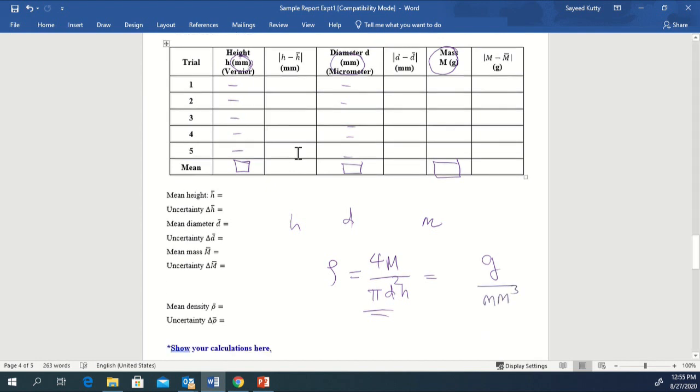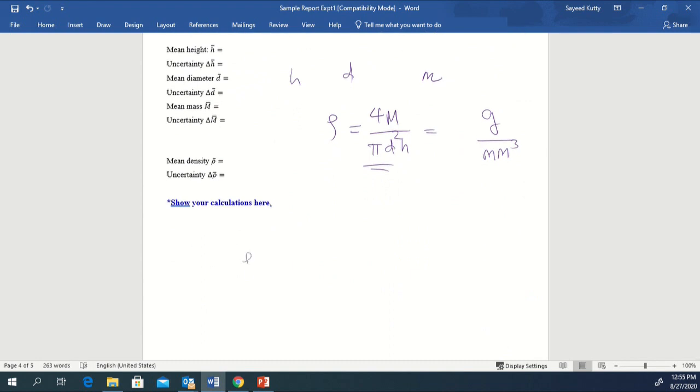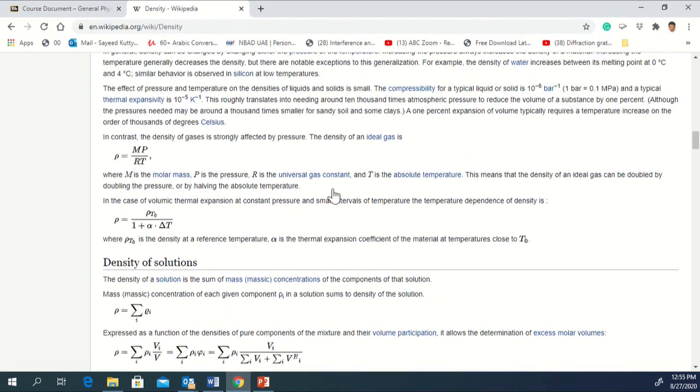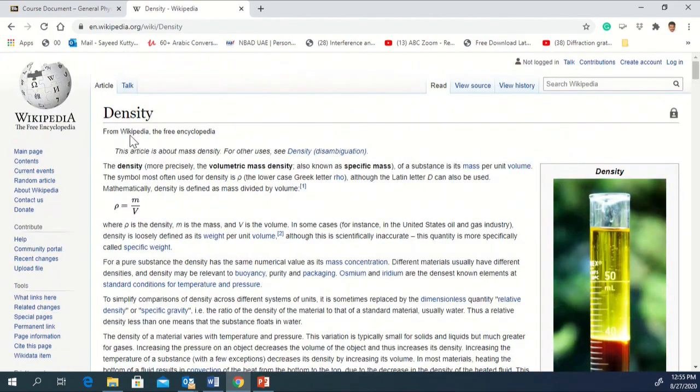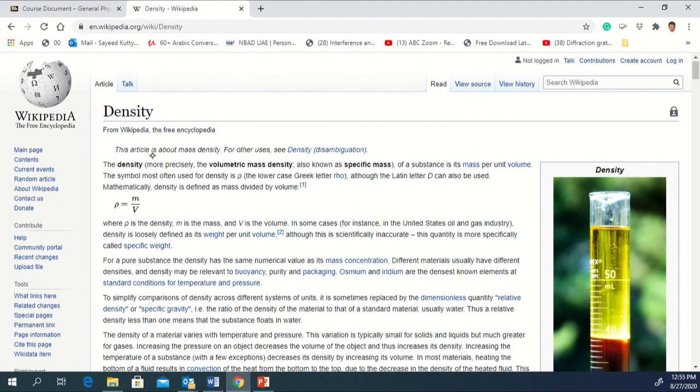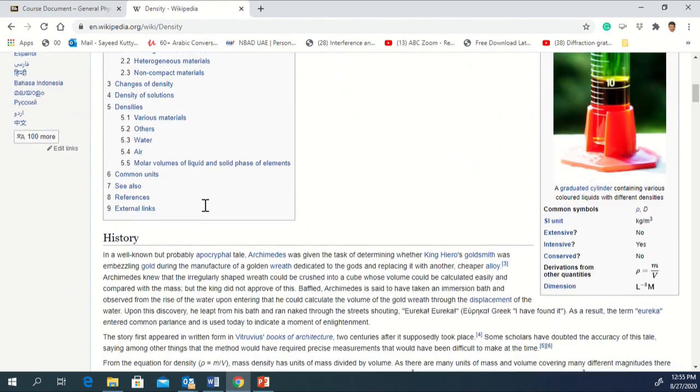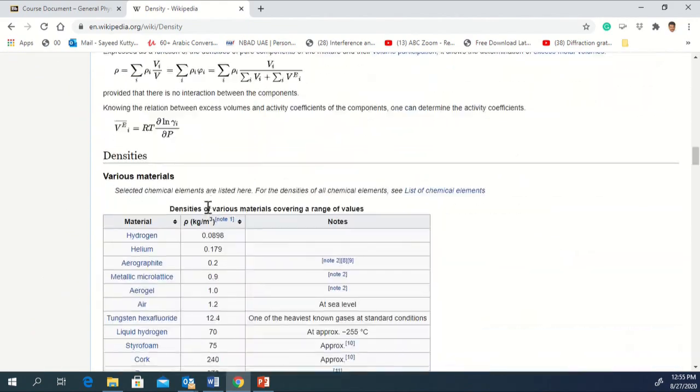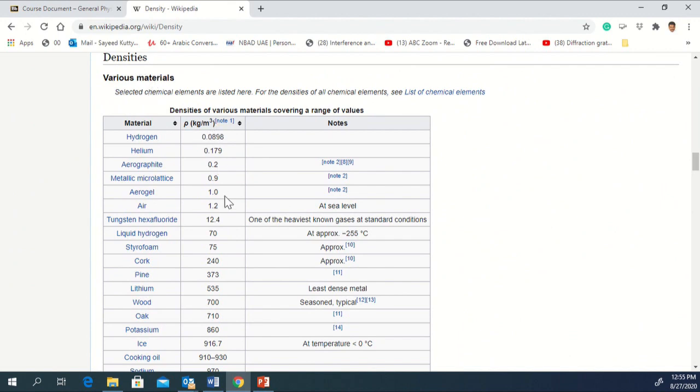Now you need to convert that into the standard unit. Imagine while you are doing the experiment, you converted that and you are getting a value 2702 kilogram per meter cube as the density. What will you do? How will you identify the material? After you get this value, you go to Google, you just put density, then you will reach the Wikipedia page, and they mention that density is mass by volume, right? And if you come all the way down, you can see there is a data sheet here. This data sheet will provide you densities of all the materials.